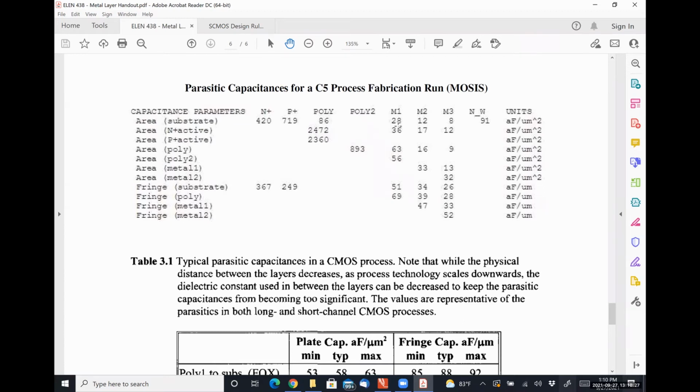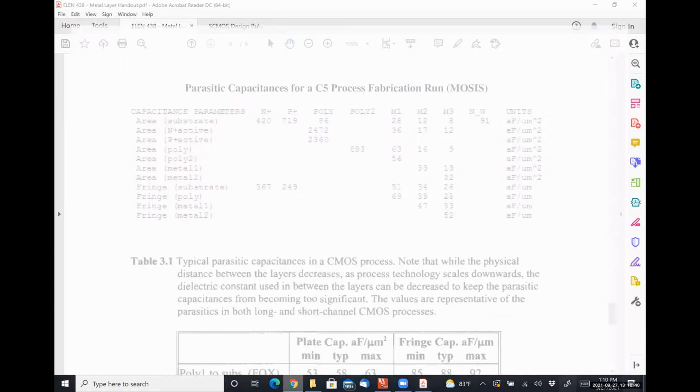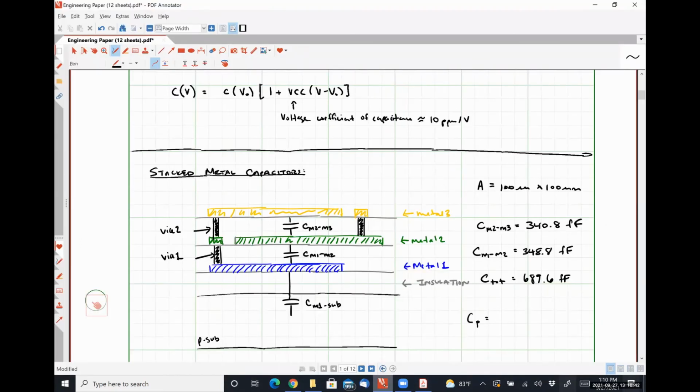And then our fringe from substrate to metal 1 is 51 times 400, which gives us 300.4